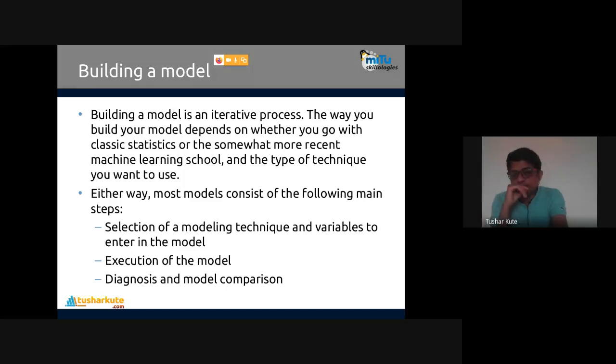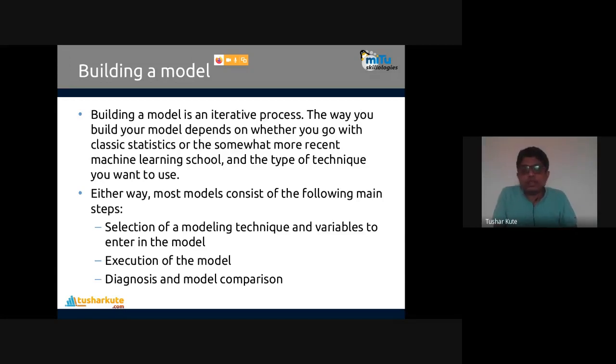I can find it because a linear statistical model is created, and with the help of that you are doing predictions on that particular data. Fine. So either way, most models consist of the following main steps. Three steps have to be followed to build the model on the data. Selection of modeling technique and variables to enter in the model.